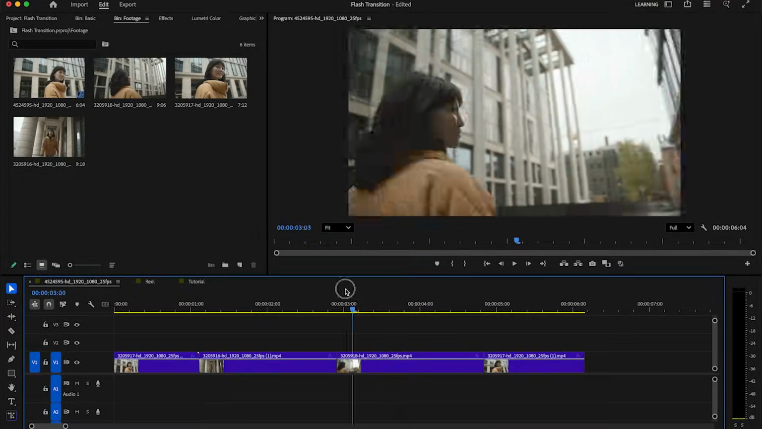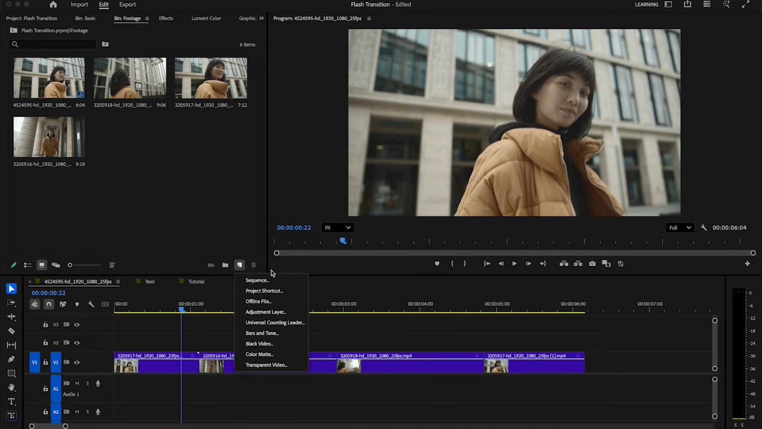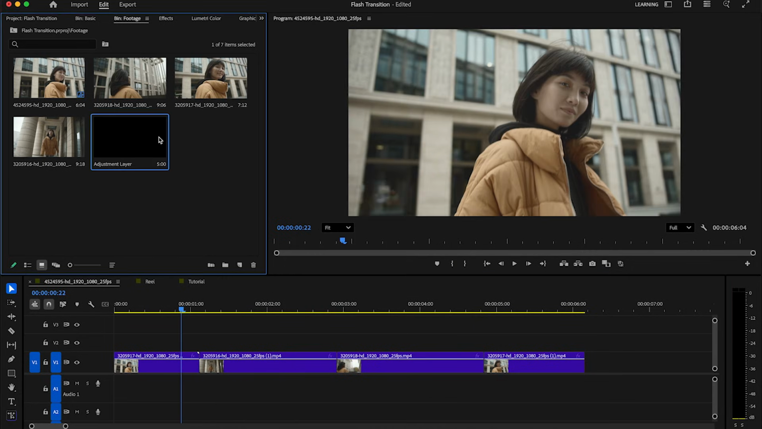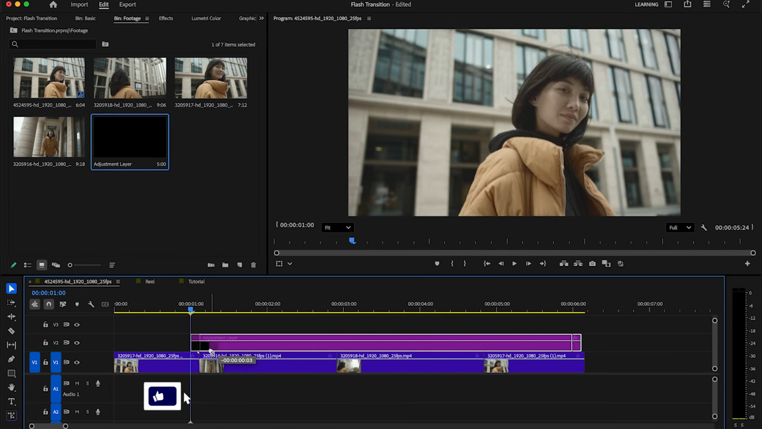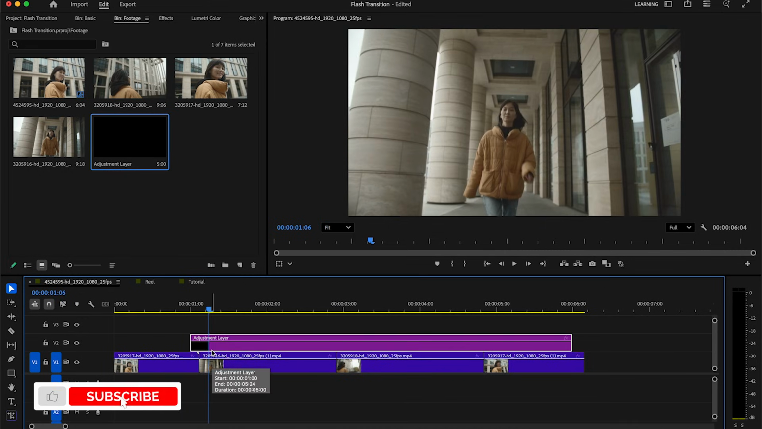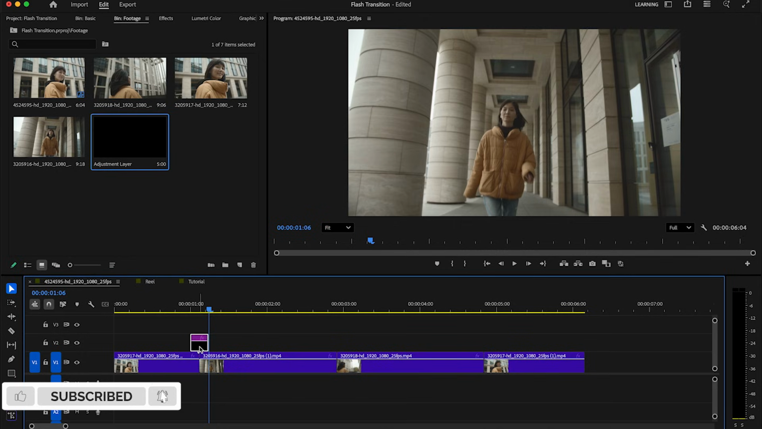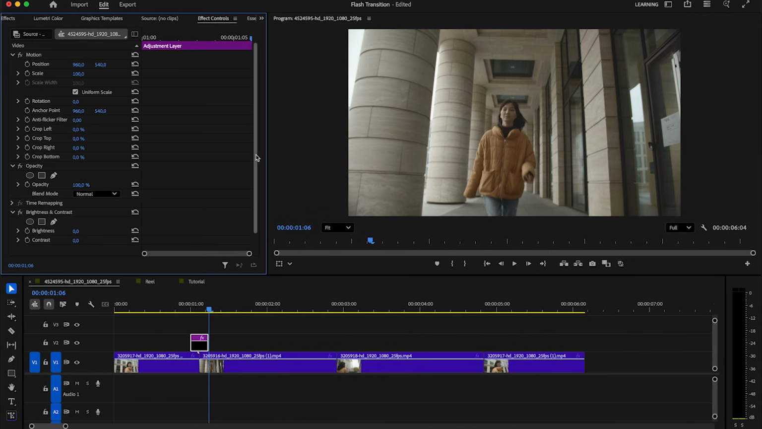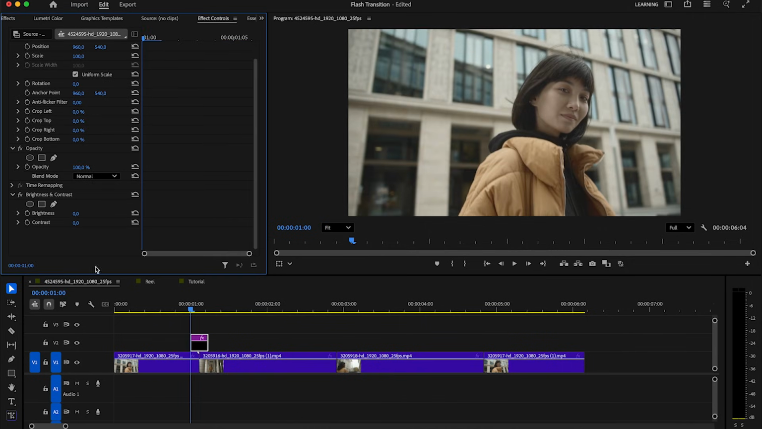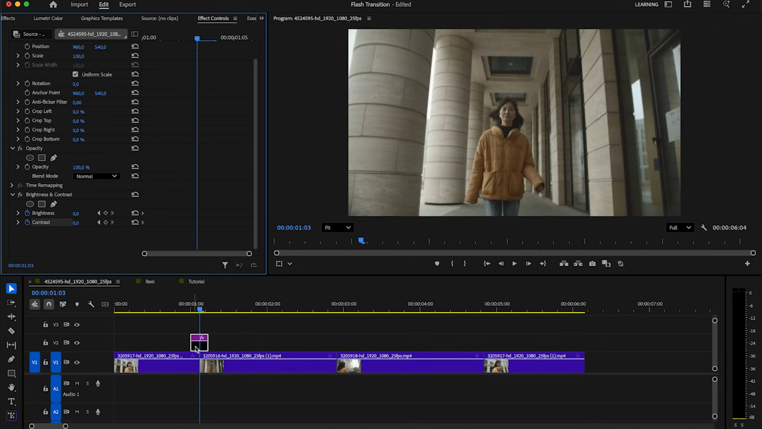So let's start with these clips and make an easy flash transition in seconds. Create an adjustment layer, which you then drag into your timeline. Go 3 frames to the left and 3 frames to the right, so we have a 6 frames adjustment layer. Search for the brightness and contrast effect in the Effects panel and drag it to the layer. In the Effect controls, go to the first frame and set a keyframe with 0